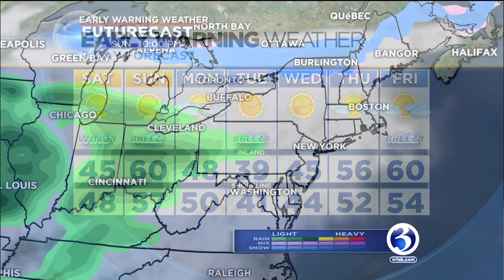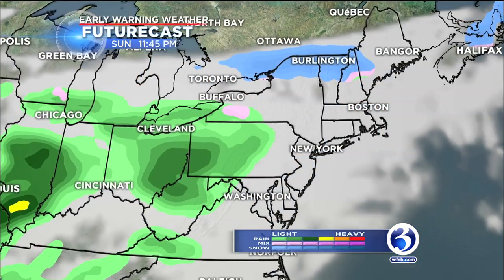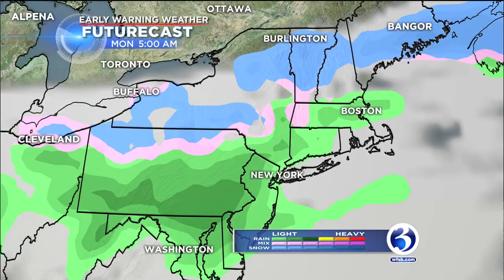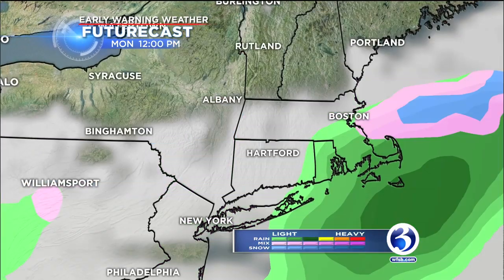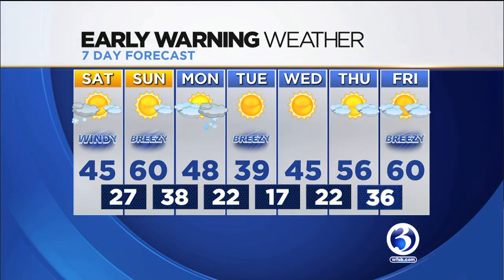Then another little system comes in on Monday, and this one is going to be weak, but there may be just enough cold air that we might have a little bit of a wintry mix, especially in northern Connecticut with that. Just a little bit, not much, and it would be especially during the morning hours, so that's why we have that in there. But